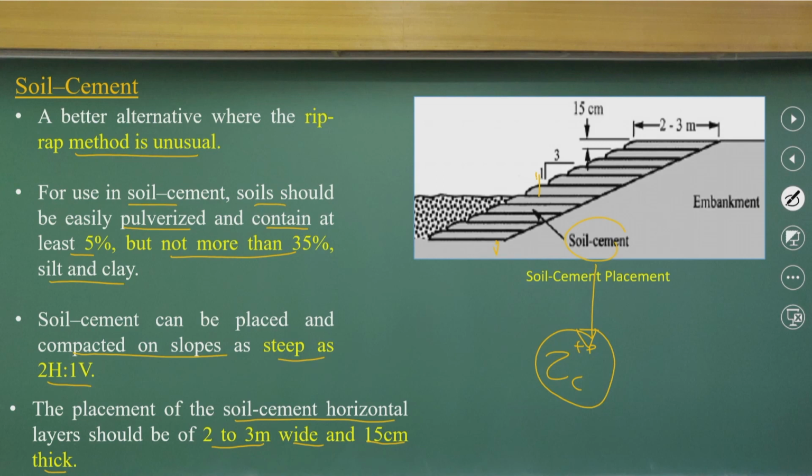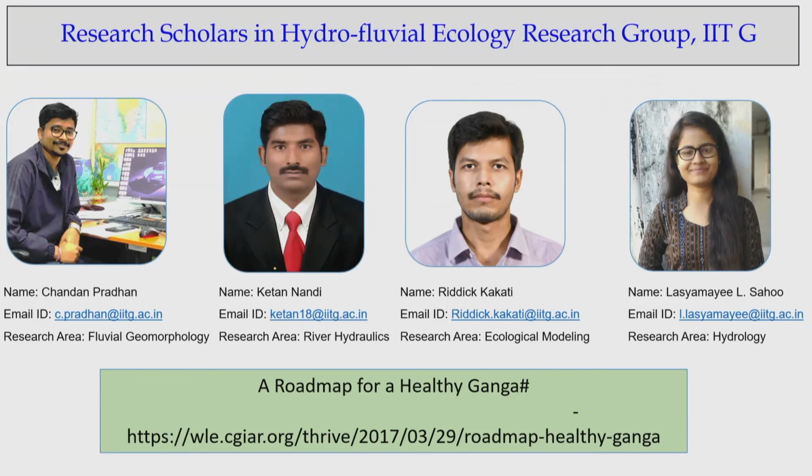You improve the critical shear stress by the combination of soil and cement, and that will give us soil cement blocks which will have a higher critical shear stress for erosion, and that is how it protects the bank. Now, I think we will be discussing more about the retaining wall in the next class, and with this let me